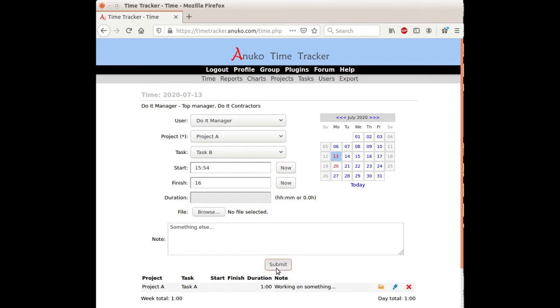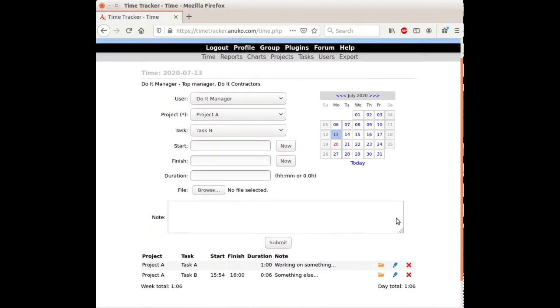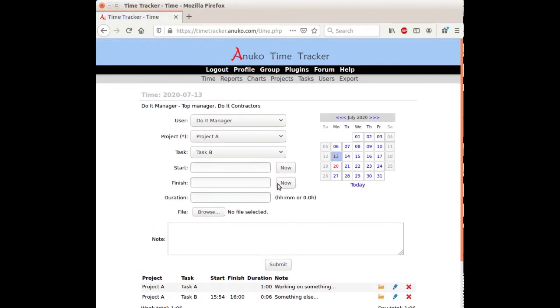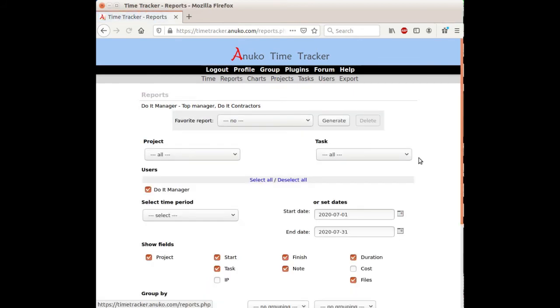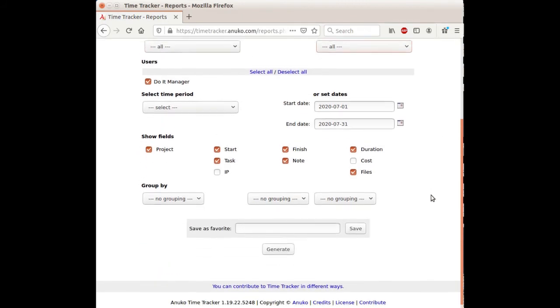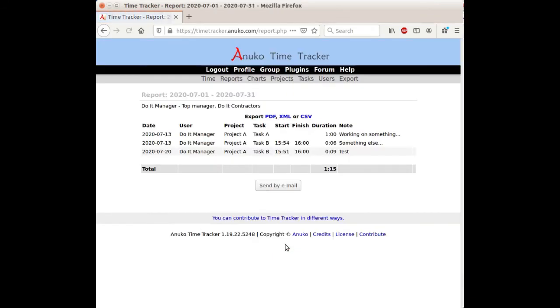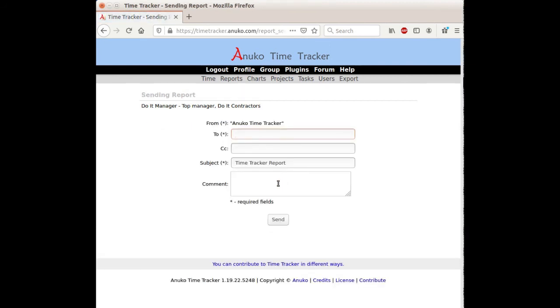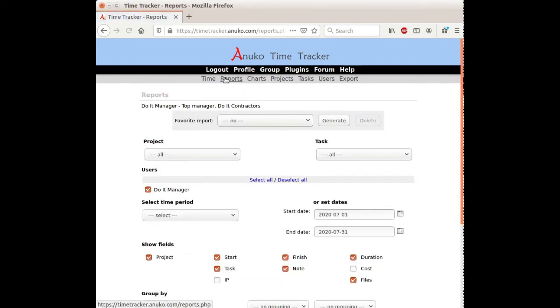So now after I have done this, I can actually use both to enter the time. And now I can do reporting, and you can see I can select how I report, either all projects and tasks or just some of them, and have this nice little table of work time spent on different things by projects and tasks. You can email the report too if you want.